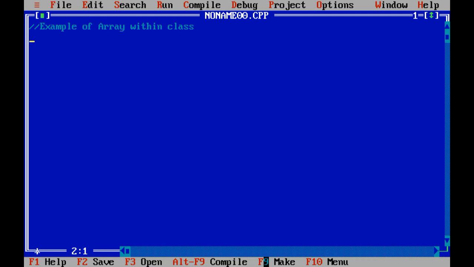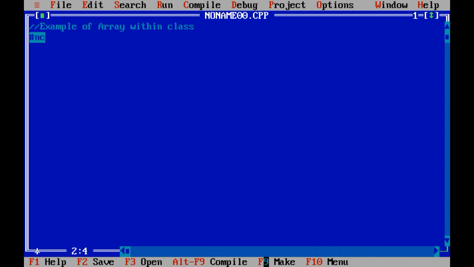It stores static values, the index is fixed, and the array index starts with 0. When you want to use an array within the class, we already have used character nm of 25, which is declared as an array within the class. But in today's example I am going to teach you how to take an integer array.